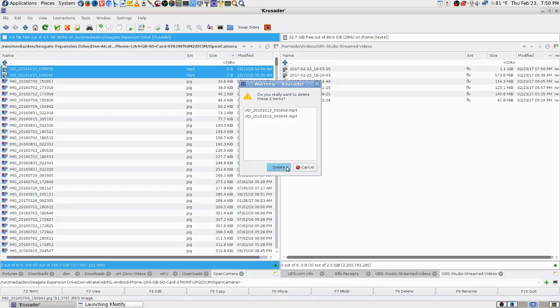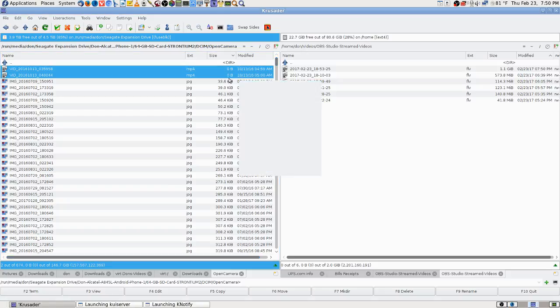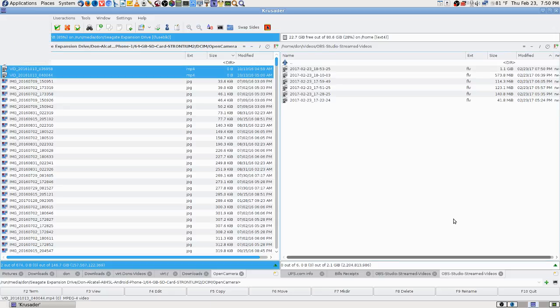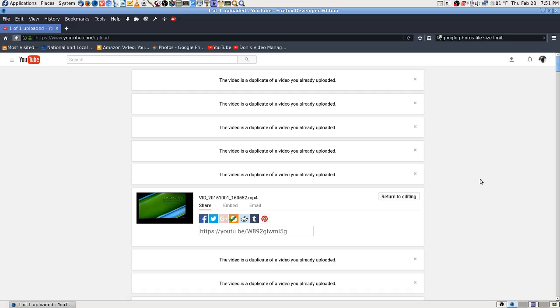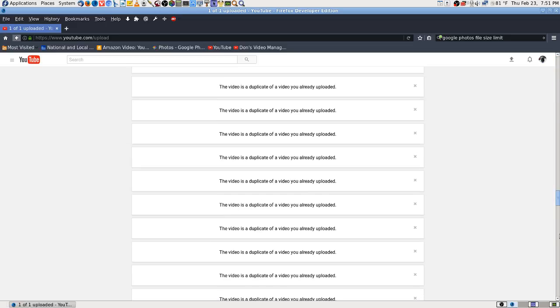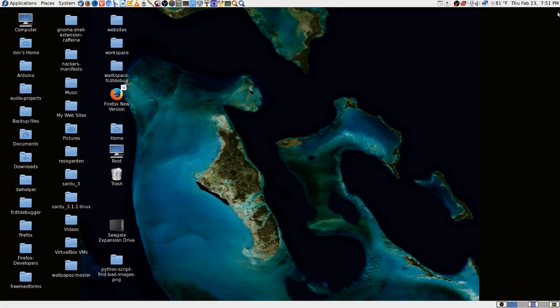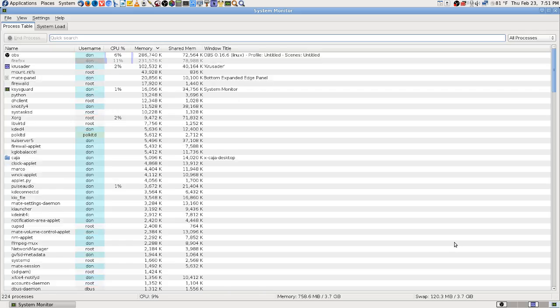What'll happen is they'll try to get uploaded to Google Photos. I'm going to be careful. Those are my backups, and I don't want to delete something I don't mean to. Let's see what my machine is doing. Yeah, it's actually using a little more memory. So that's all finished. And here's what I'm going to do to try to help my machine: close the browser, let it expunge all that,